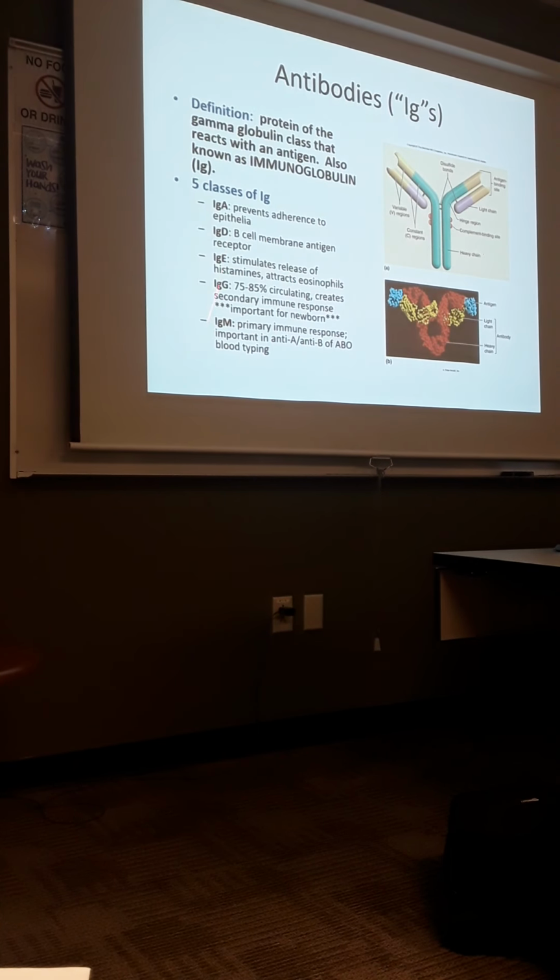We have different types of antibodies that have different roles. So you have IgMs. IgMs are the ones that we've been talking about. Primary immune response, and they're involved with blood typing. You also have IgG. They're the majority of circulating